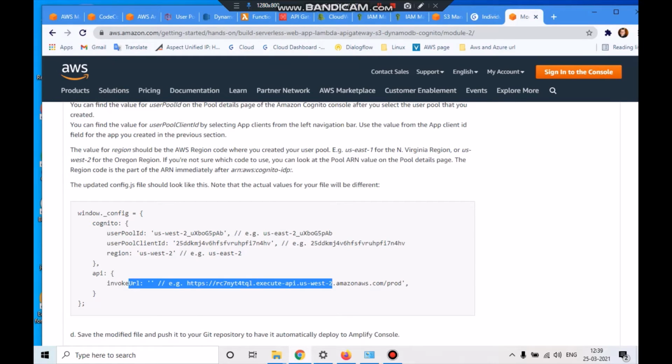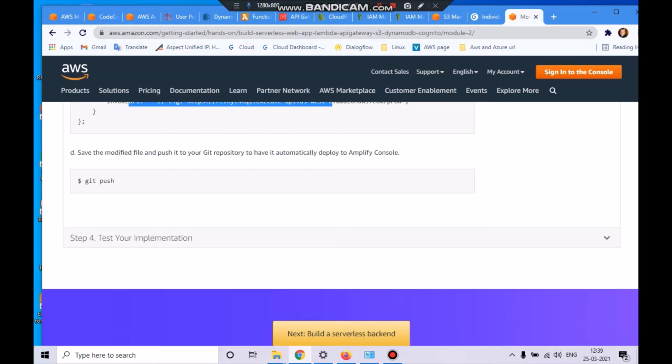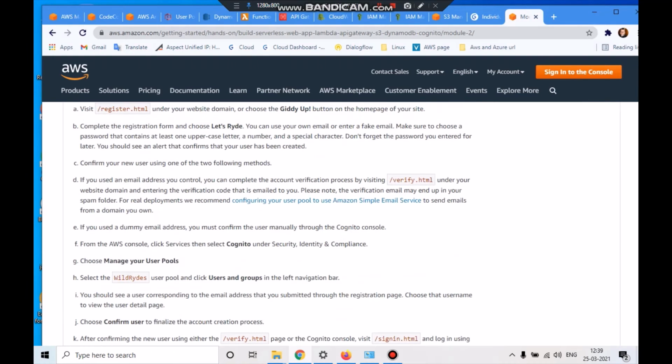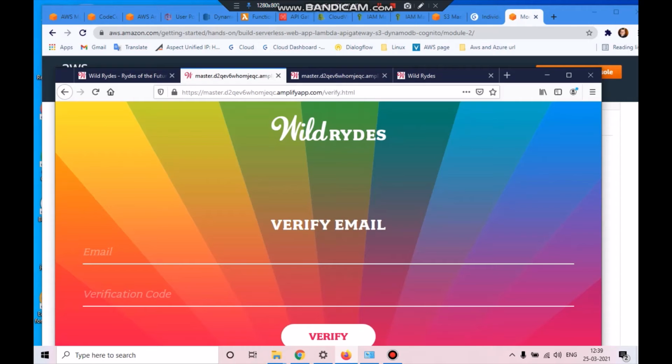The invoke URL we don't want to give yet. Later, once we create the API functionality, we can give this. Just push it. Once you push it, you can verify these credentials with the help of slash registration.html. I took the second page. It will ask you to sign in.